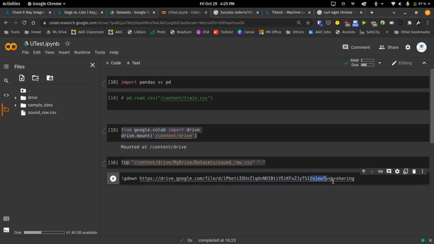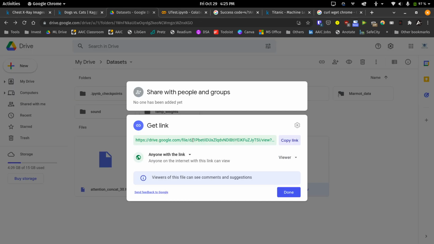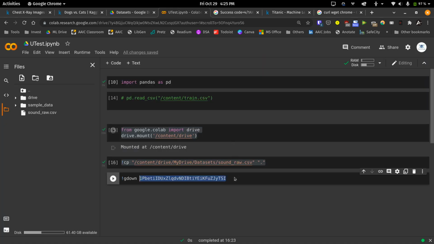If you see, you remove this last trailing part, view sharing, and you remove the initial part till /d/. So this remaining part is actually the ID of your file. So you can get the ID. This is the ID 1pb till tsi. For any file, you can just share it with anyone and then copy the link, and this string here is your ID.